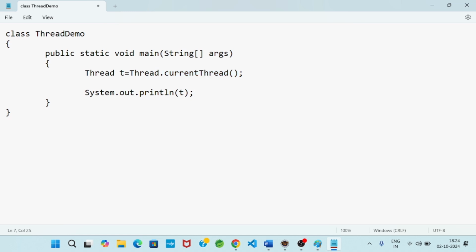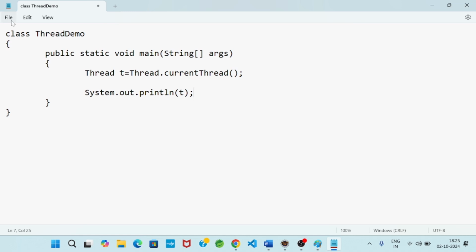I'm not going into detail about static methods; it is a point of Java classes and objects. So currentThread is a static method because it is invoked by the Thread class. It returns a Thread class object. Now I want to print the value of t, which represents the current thread.